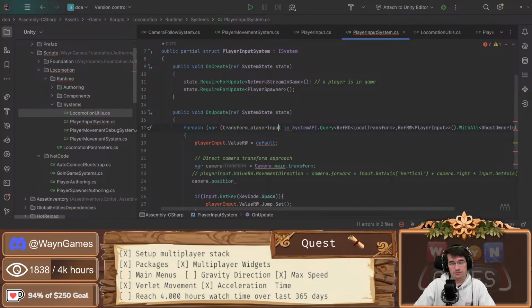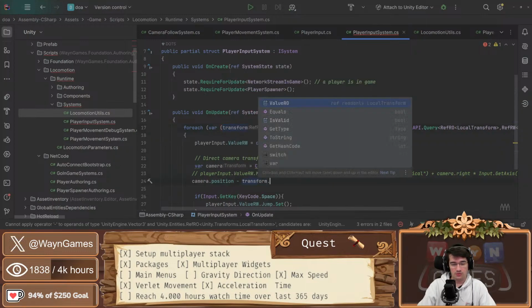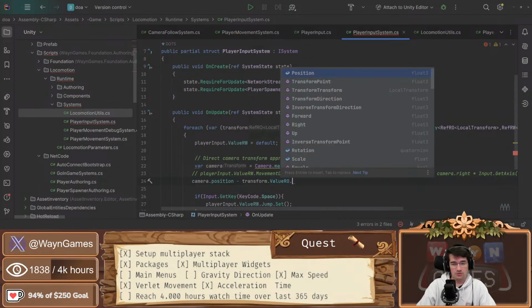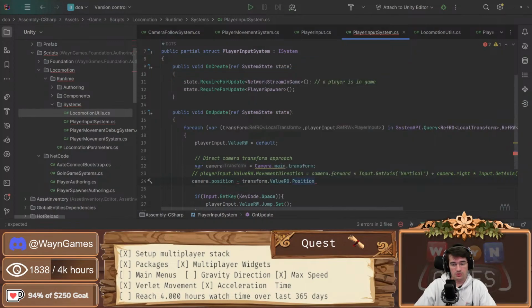Here. So this is my position minus my transform dot value arrow dot position and